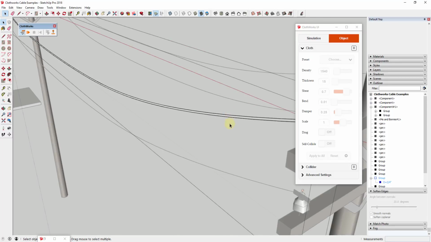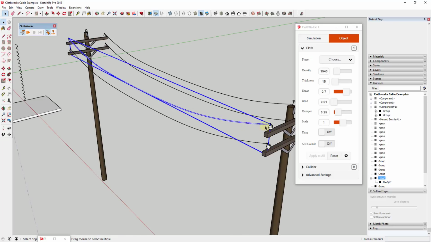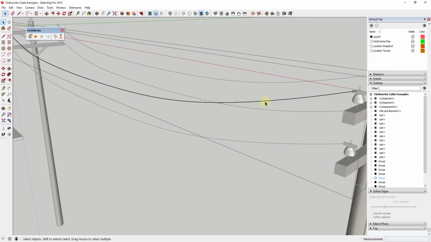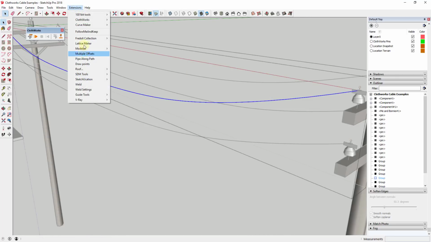And so you can see what this does. This creates a pipe along the path created by this line. And then one last trick about adding your pipe along this path is you may notice if you were to come in and do this with pipe along path right now,